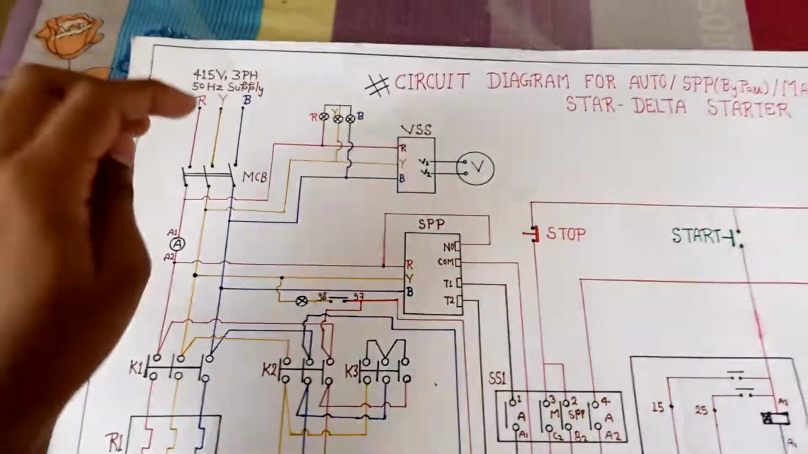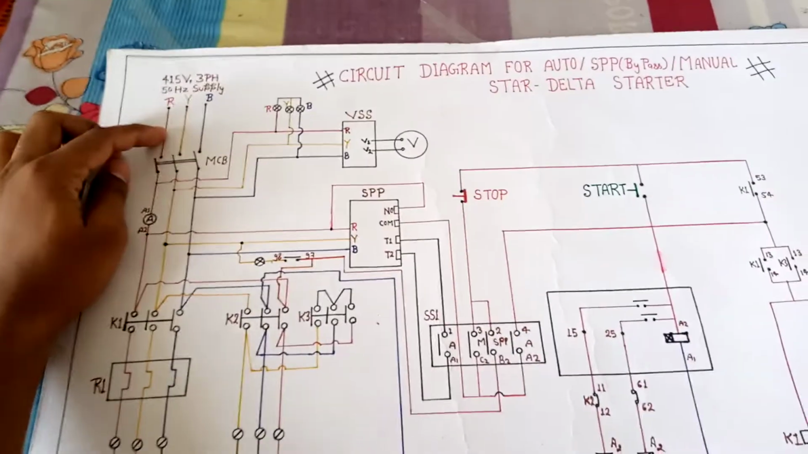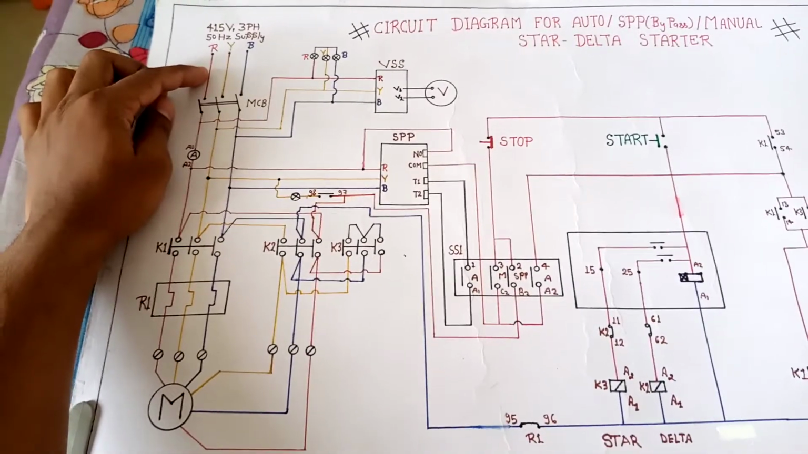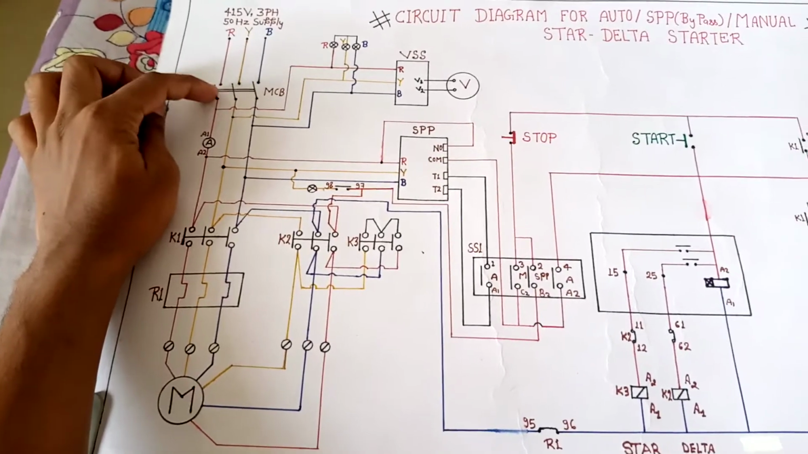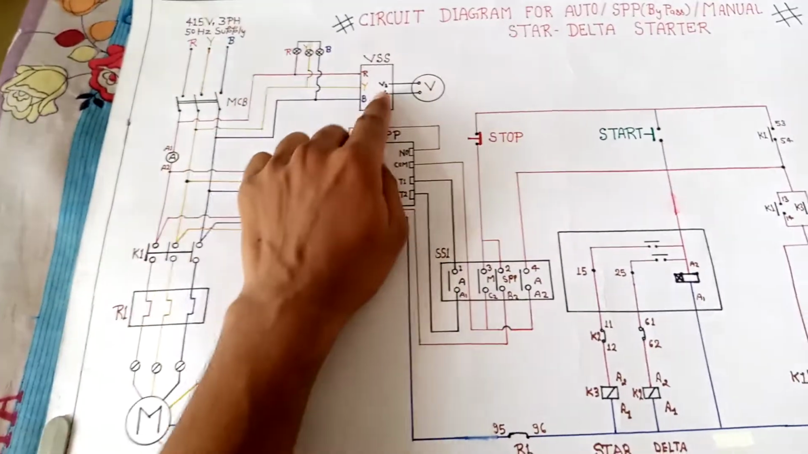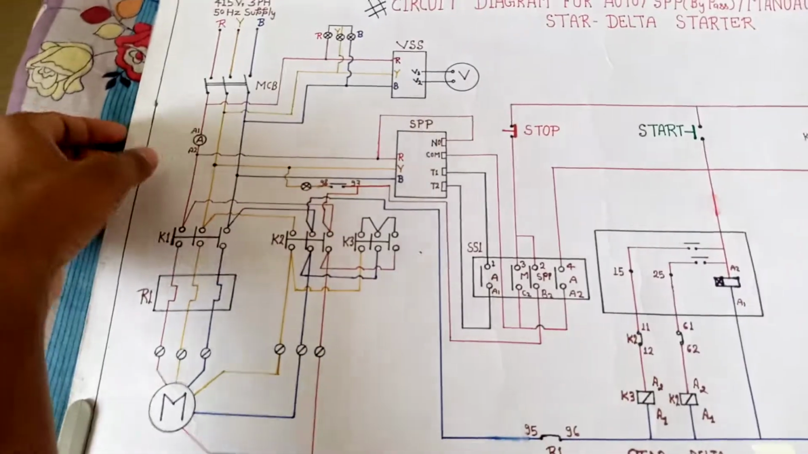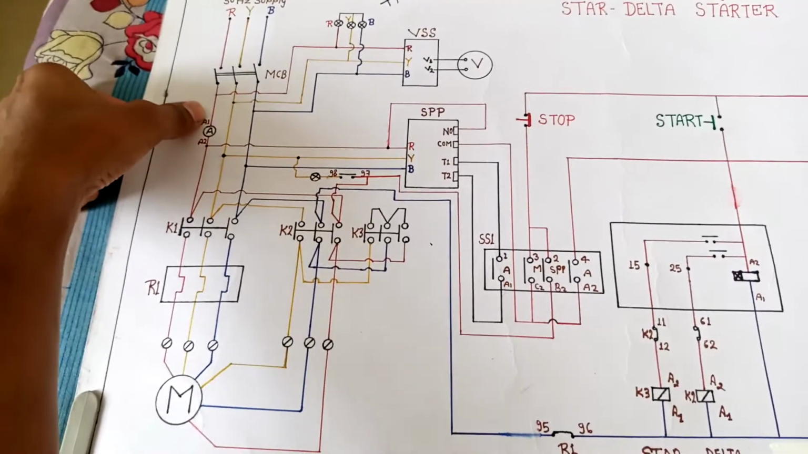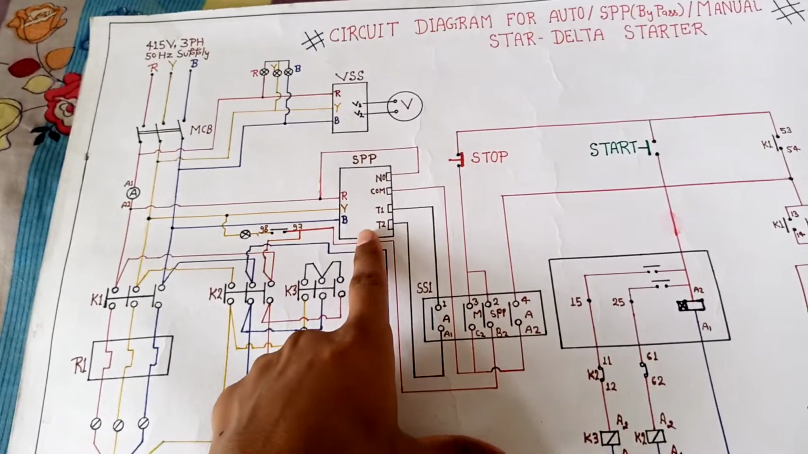You can see here, the input supply is coming into our star delta starter. This represents the MCB, a 3 pole MCB. This is the RYB indicator, this is the voltage selector switch, and this is the voltmeter. This is an ammeter connected in series with the R phase, and this represents the single phasing preventer,